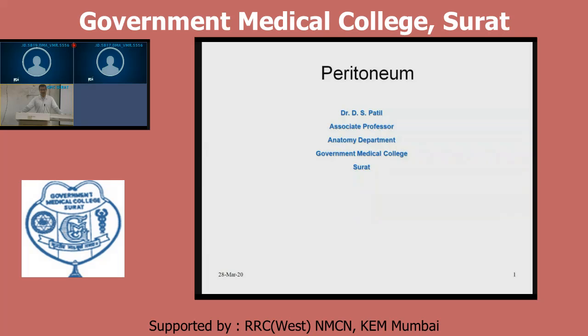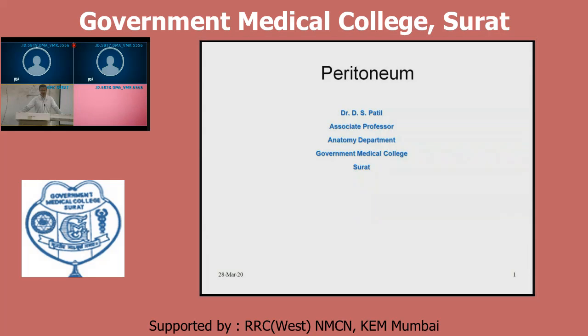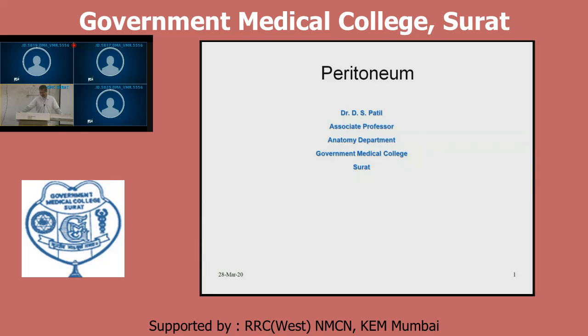This total peritoneal cavity, you can study by dividing it into two parts, greater sac and lesser sac. We will see these two, greater sac and lesser sac, and we will trace these peritoneal reflections in relation with their vertical disposition and horizontal disposition. First, we will see vertical disposition. Which structures are visible in vertical disposition?